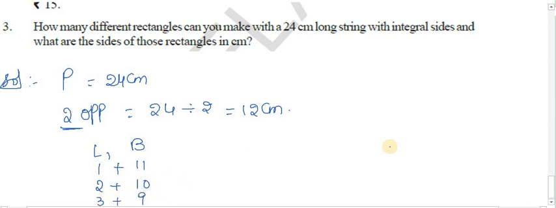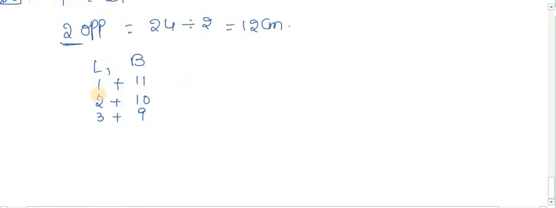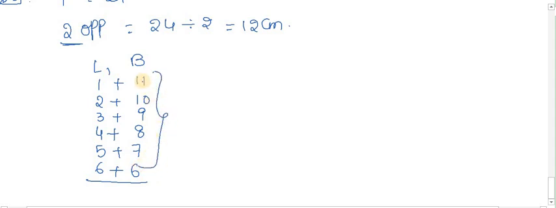You may wonder why we are checking addition, because perimeter is nothing but the sum of sides. So here my sides are length and breadth, so that is the reason I am going for addition. And what are the possibilities of doing addition? That's what I am writing here. And after doing addition, my ultimate answer should be 12. So these are the different varieties of length and breadth of a rectangle whose perimeter will be 24 centimeters. See, we will just consider this case. Now my length is 3 centimeters and breadth is 9 centimeters.